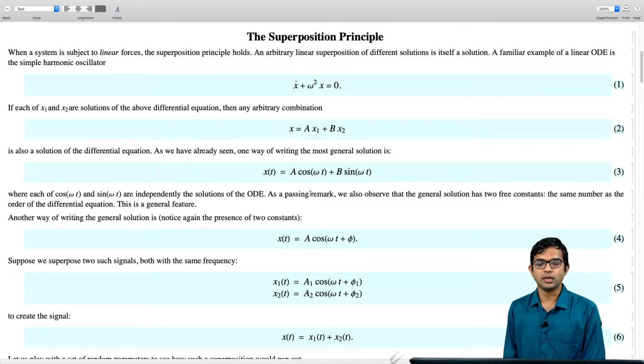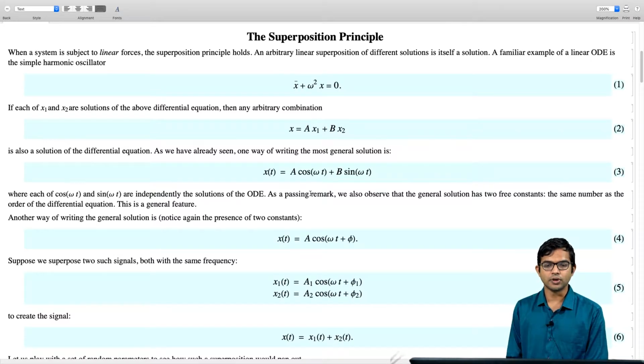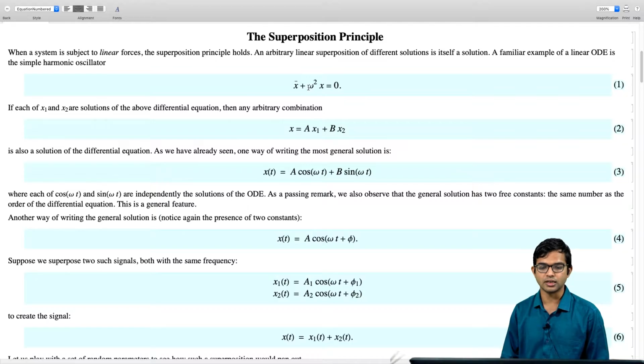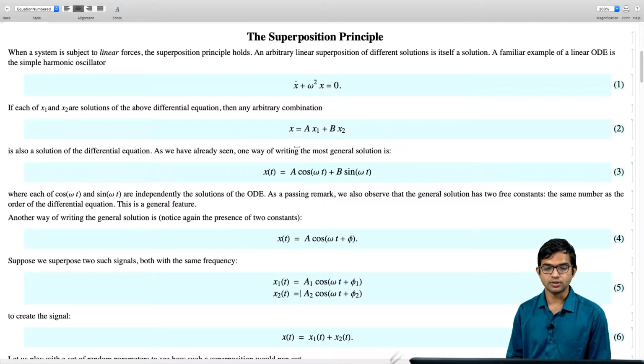So this is a very useful property, and a lot of physical phenomena have this feature underlying them, and it simplifies their analysis substantially. Of course, as opposed to linear systems, there are also a lot of systems which are nonlinear in nature, and life is very hard whenever nonlinearities are involved, and that's a whole discipline in itself, nonlinear systems. But here, let's just recall this principle, which is that linear combinations are also valid solutions.